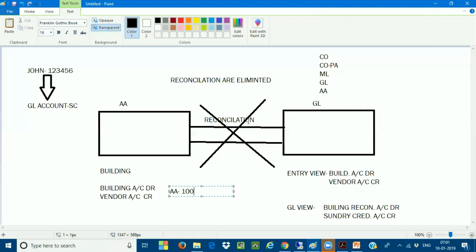Tomorrow, if I'm going to prepare your P&L account and balance sheet, my P&L account and balance sheets are getting prepared at the GL account level, not at the vendor account level, not at the customer account, not at the asset level. Very, very important, sir. So the entry view will not be going to the trial balance or balance sheet, yeah? Exactly, sir. The general ledger view will be taken. It will have a separate identification in the ACDOCA table to identify that it's an entry view. Yes, sir. I'll show it because we are posting a lot of transactions. I'll explain over there. Okay, all right.